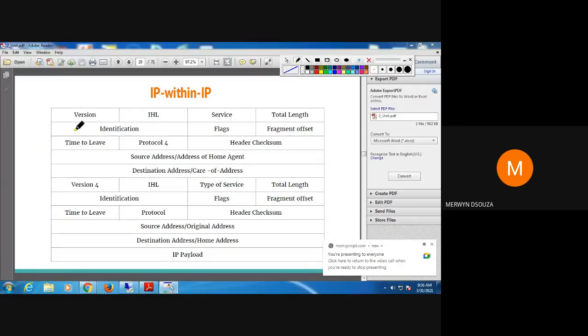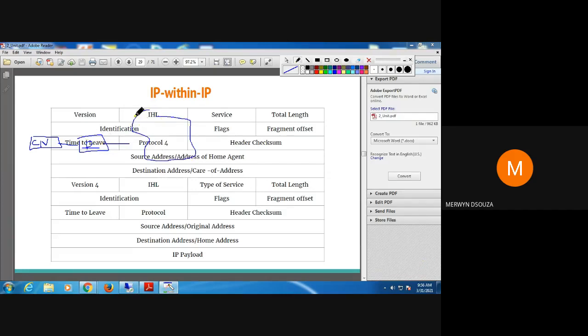So there's a CN somewhere here. There's a router. There is the internet. Then there's the home agent. There is your home network.